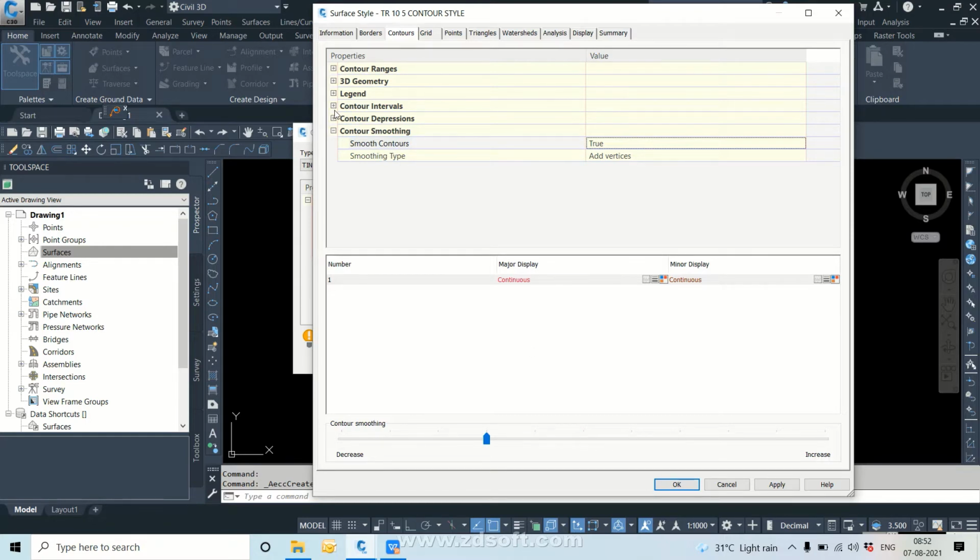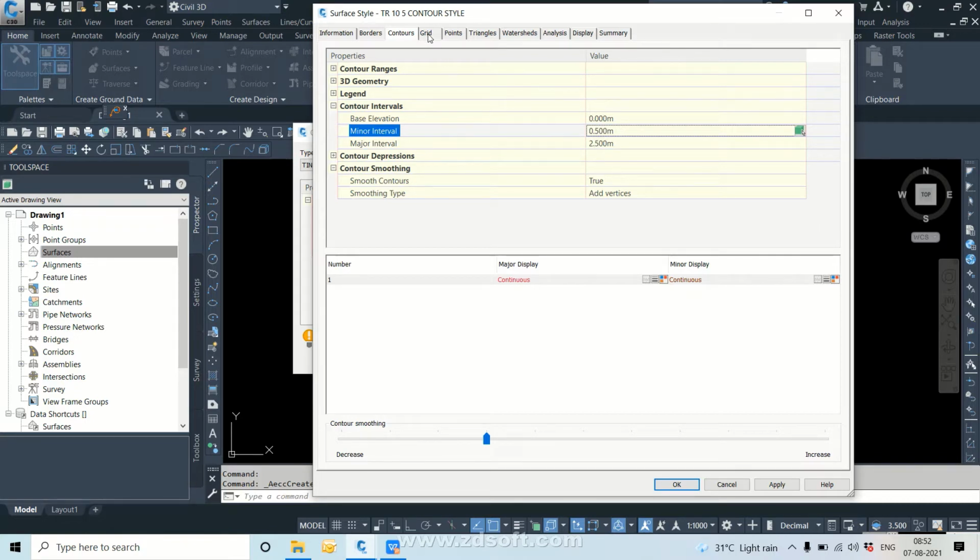Next, contour interval. What contour interval do you want to give here? Minor interval and major interval. Suppose I have given the minor interval and major interval as 5 and 10 over here. So the minor and major intervals come over here. If you want to change the contour minor and major interval, you can change it from here. Suppose I give 0.5 over here. So it has already changed the contour minor and major intervals.